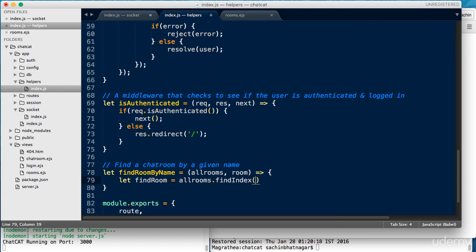The findIndex method is a brand new ES function that operates on arrays, and as it iterates over every item in the array, it provides us with a reference to the exact element, the index number of that element, and access to the array itself through its callback function.